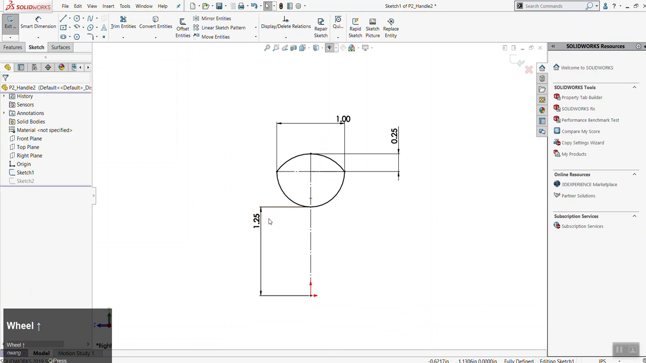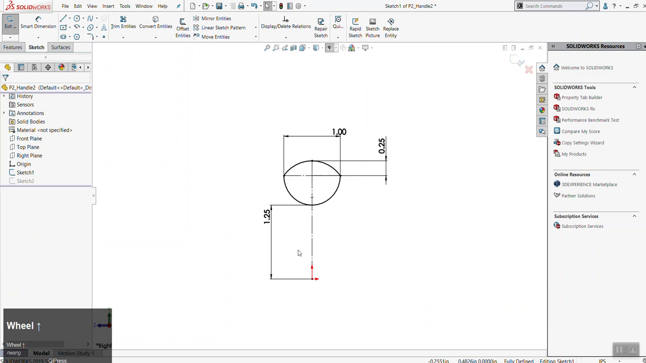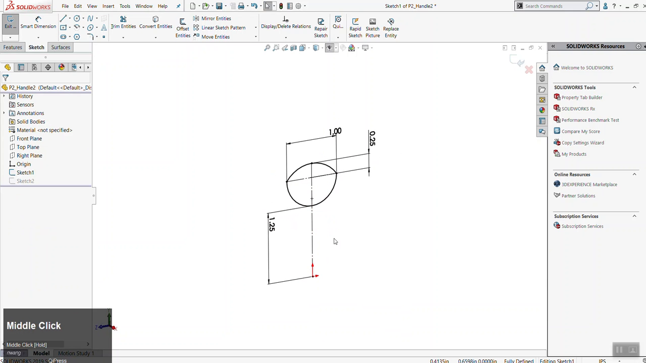Here I have this dimension, which is kind of an odd dimension, but it exists for a purpose. This will eventually be a handle. This is the gap between the back of the handle and the door that it's going to sit on. So 1 1/4 inch, honestly, is kind of a tight gap for a handle. You probably want something a bit more than that, but anyway, this dimension is telling you how big to make